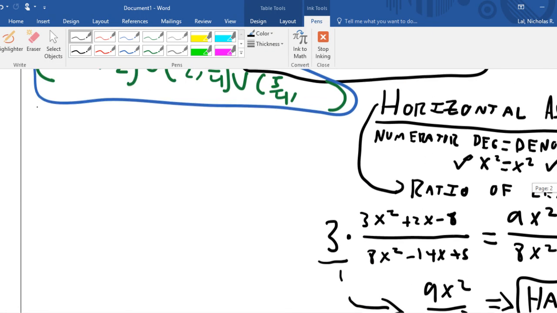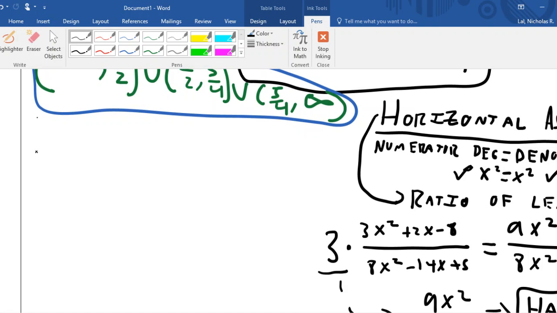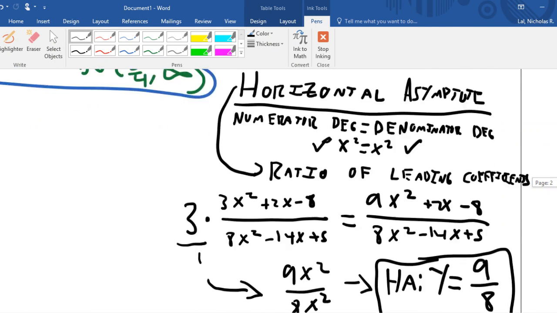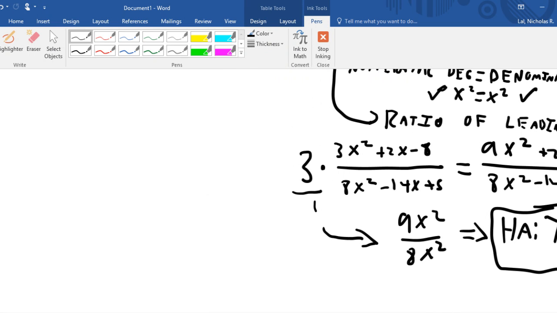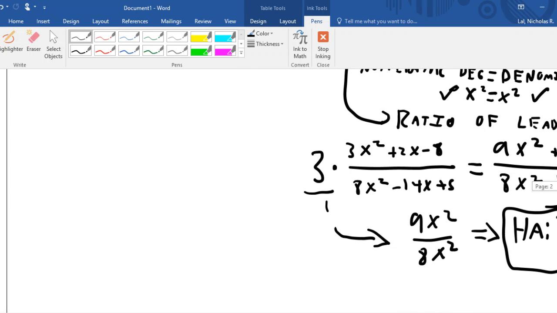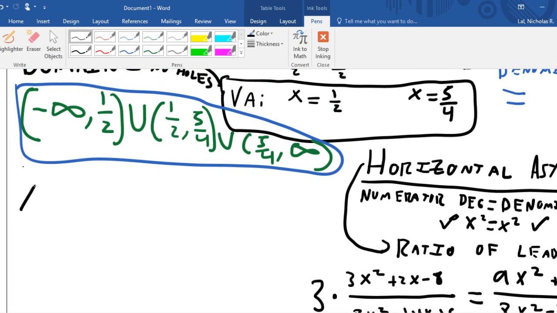So for the x-intercept, let me give you guys some time. That's your horizontal asymptote, yeah. For your x-intercept,